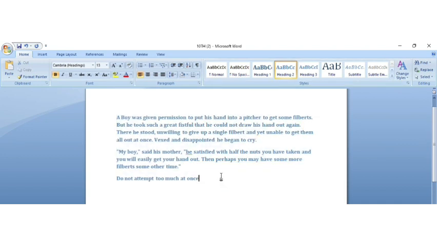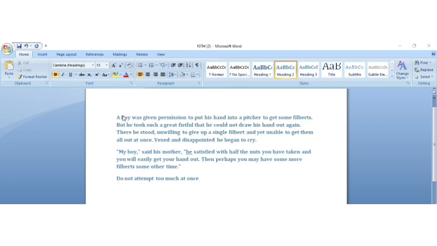Next is, these styles are pre-designed, meaning these styles are already formed before the application is installed. So we can change them if we want to.